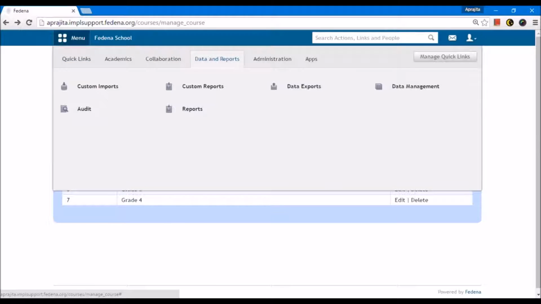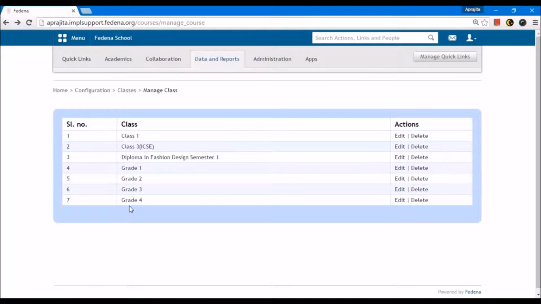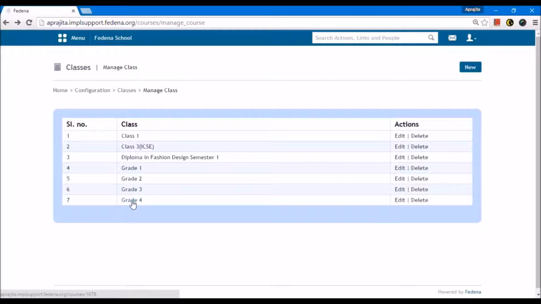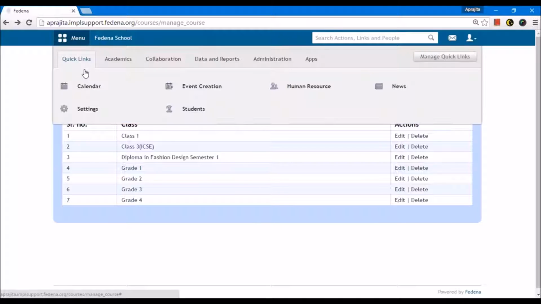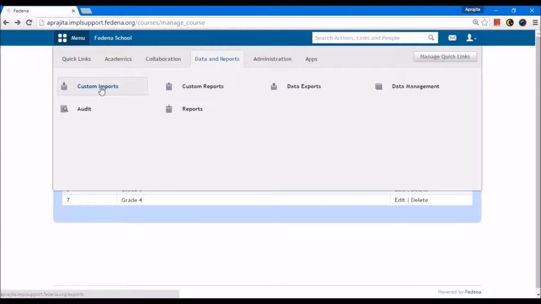To add students, there are many ways like applicant registration, where you can make this course open for online registration. For more details, you can have a look at that video by the name FEDINA Applicant Registration. Second way is using the custom import method. That is, you can upload data in bulk in FEDINA for any of the batches that you see here.